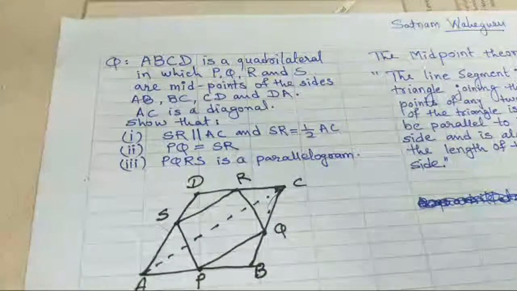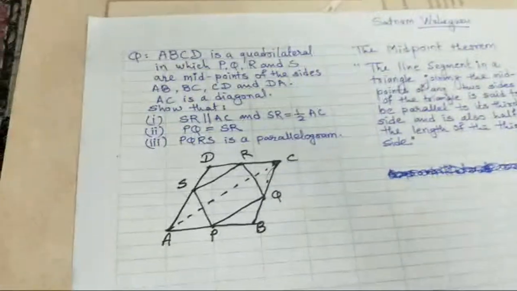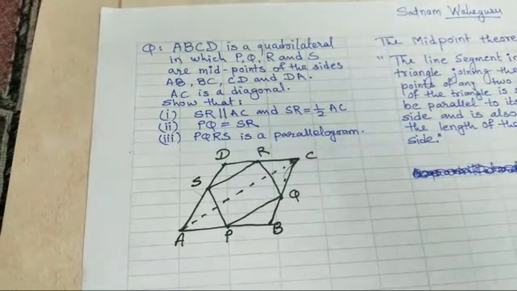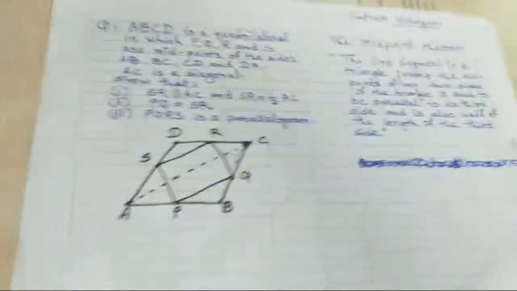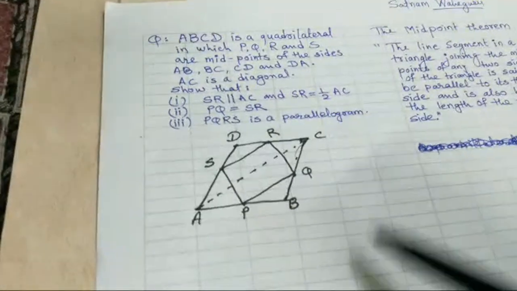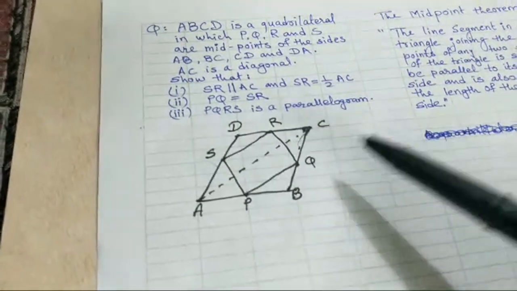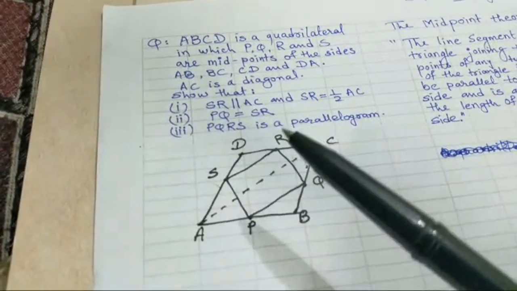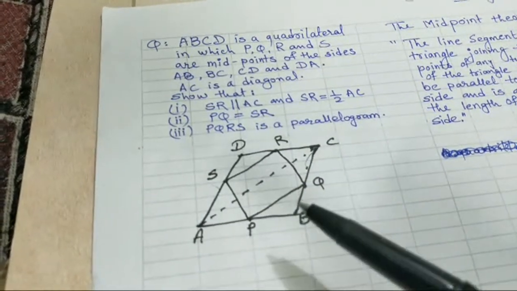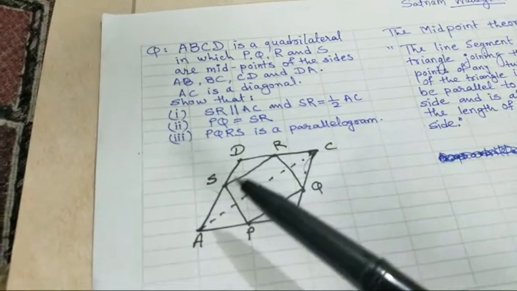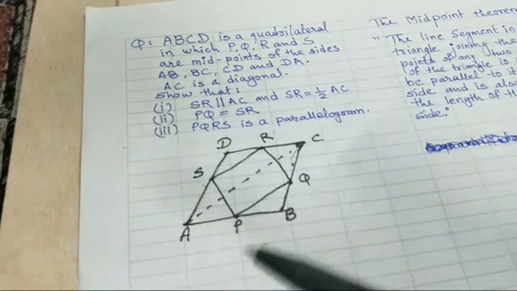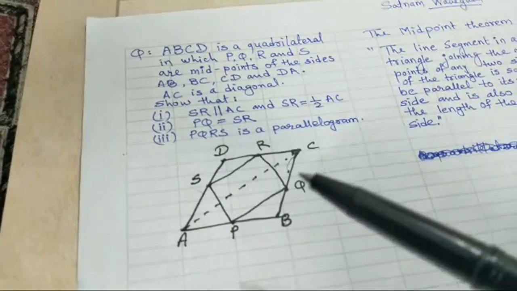solved, which is based on the midpoint. The given things are that ABCD is a quadrilateral in which P, Q, R and S are the midpoints of the sides AB, BC, CD and DA respectively. Okay. ABCD is a quadrilateral and P, Q, R, S are the midpoints of their